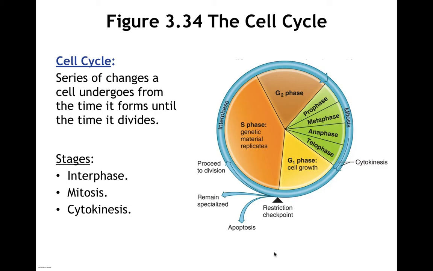The cell cycle is a description of the events that happen after a cell divides, from the moment it's done dividing until it divides again or ceases to exist. We can divide that into 3 stages. As I said during the lectures on Monday, the last 2 stages, mitosis and cytokinesis, kind of overlap with one another. Interphase is all about growing and doing what you're supposed to do. Mitosis and cytokinesis are all about dividing. In mitosis, you're dividing the nucleus, and in cytokinesis, you're dividing the rest of the cytoplasm.